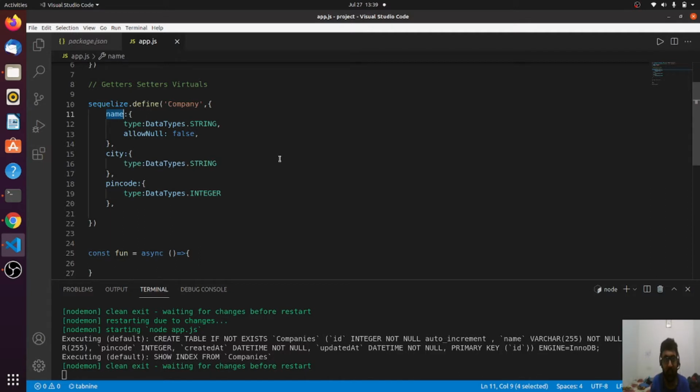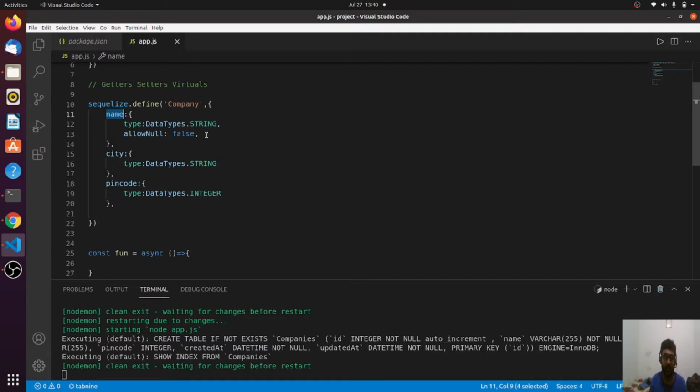So what if I want that whenever somebody reads it, it should come in uppercase? So how can I do that? I will define a get method for this field. It will be sort of a constructor. Whenever somebody tries to read the name, that get function will be automatically called, and whatever customizations I want to do, I can do. For our use case, let's say I can convert it into uppercase, and whatever name comes out from the database or the instance will be automatically converted to uppercase, and when the user consoles the name, it will come out uppercase.